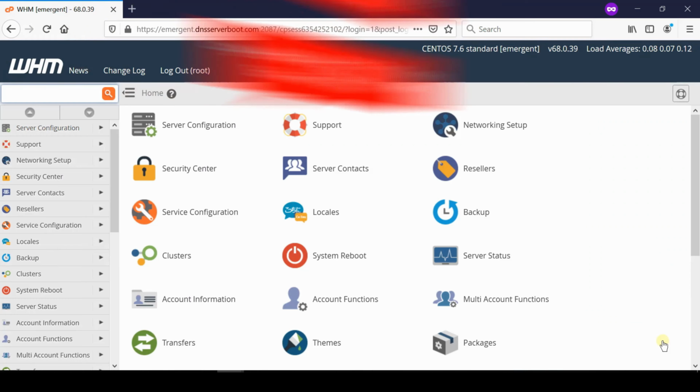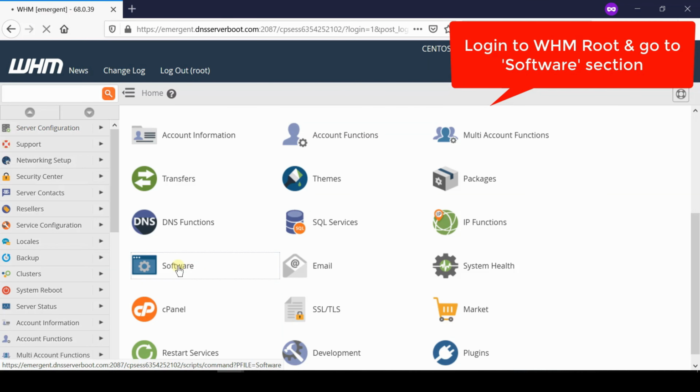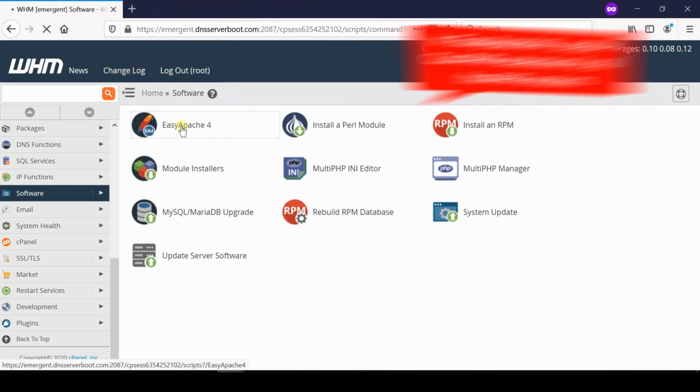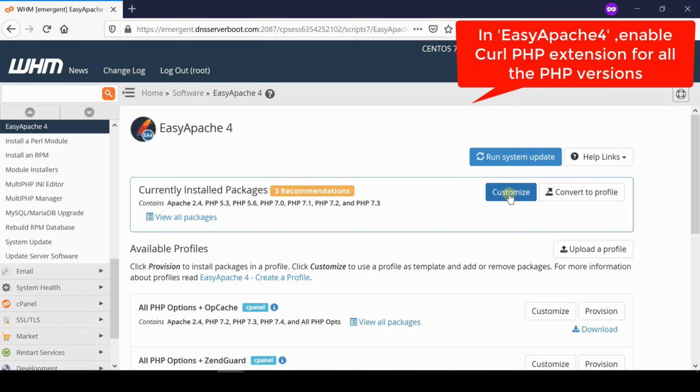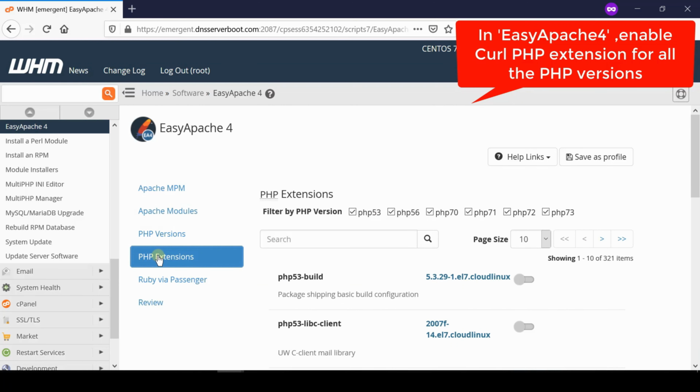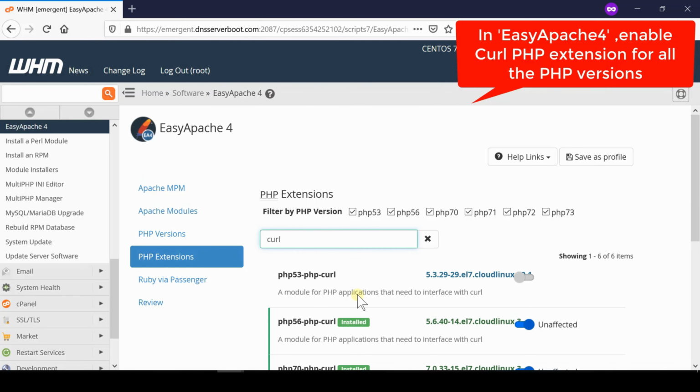So for a hosting provider, if you are a root owner, then simply log in to your WHM root and then go to EasyApache 4. Now from here go inside Customize. Now click on PHP Extensions and then search for curl.